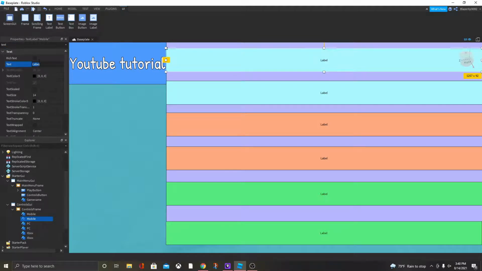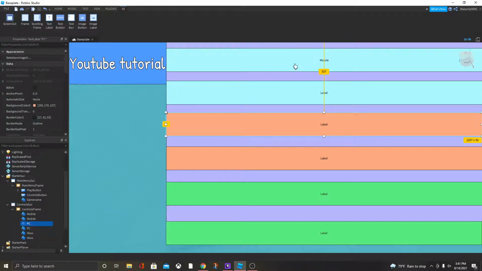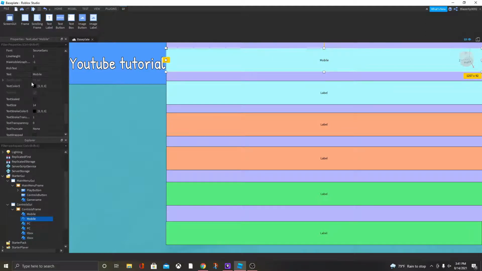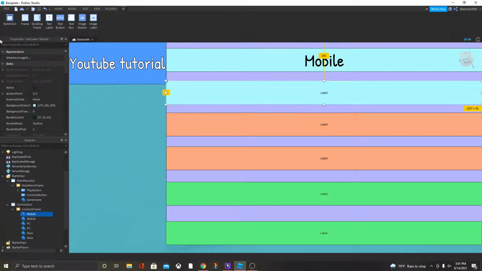I'm going to make it mobile. Let's make text. Let's make the text scaled, and then the font. Oh, let's also do Patrick Hand. Patrick Hand. And I'm gonna make the. Well, let's just leave it that way. And now the controls. So now I'm gonna go text, and then I'm just gonna go ahead and